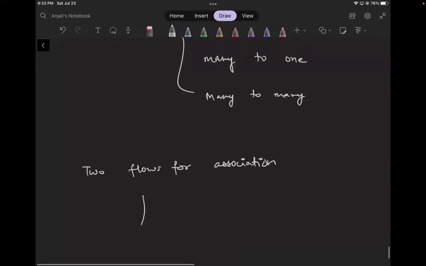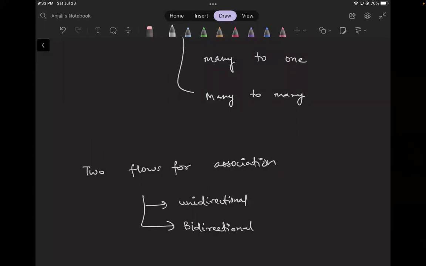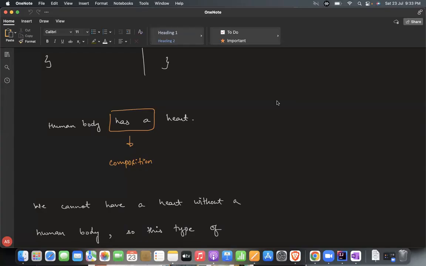So it can be unidirectional, or it can be bidirectional. Like just now we took the example of the human heart. A human body can be nothing without a human heart. But can we have a heart